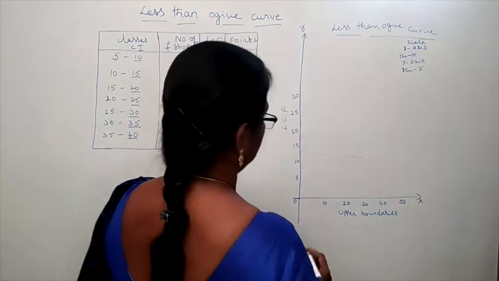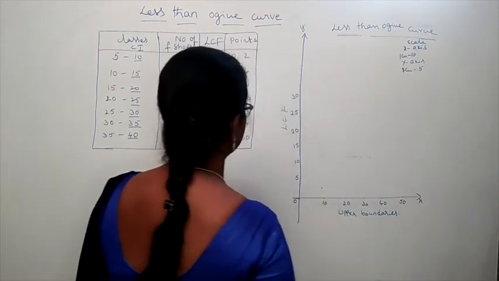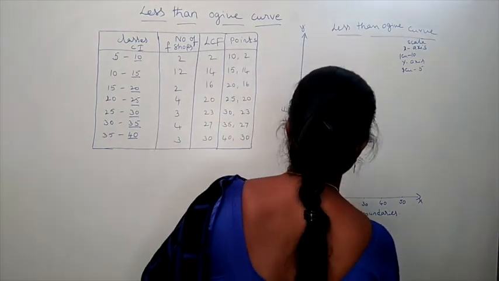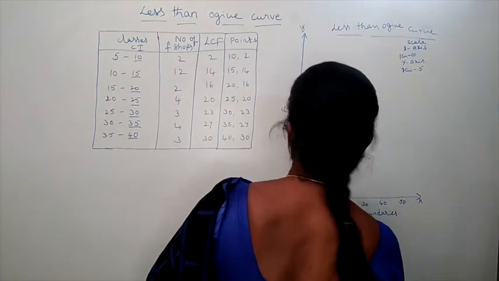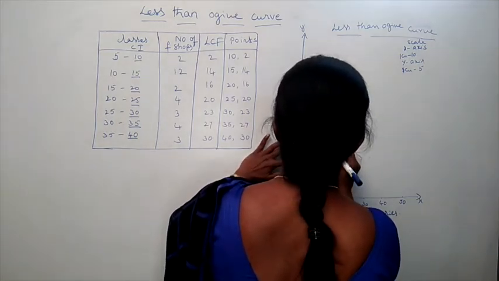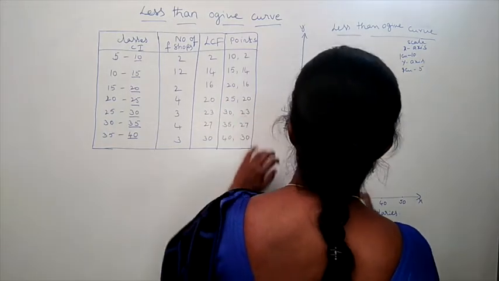10, 2. Here. This curve is called the rising curve. Next, 15 means the middle of 10 and 20; 15, 14 means 10, 4, middle of 15. Now, 14. Next, 20, 16 means